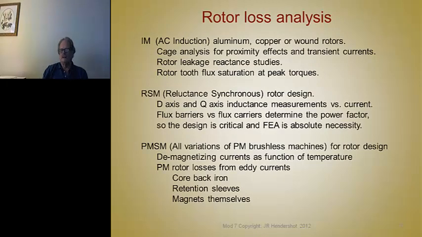Then for the purposes of this series of lectures, one of the most important things that we expect to learn out of this is how to optimize the rotors for these three different kinds of machines. And certainly FEA analysis is going to be very important to accurately undertake those optimized designs for induction machines. And we want to study the transient currents and proximity effects. We want to study leakage reactance,